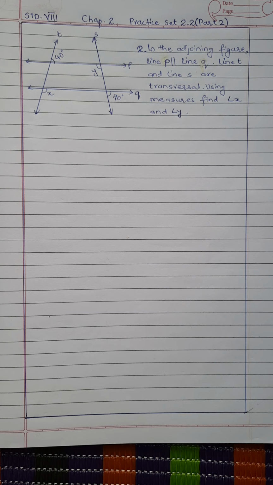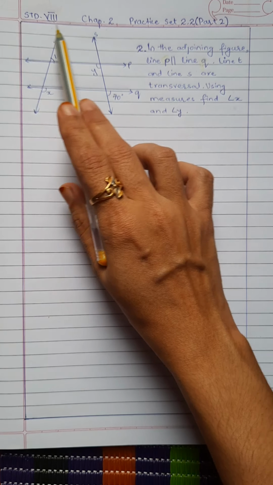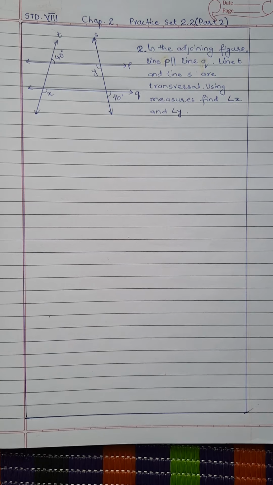In the prior video, we have seen question 1 with some basic properties of angles of practice set 2.1. Now we'll go for the remaining questions of practice set 2.2 of chapter 2 of class 8th. You can see in the question,